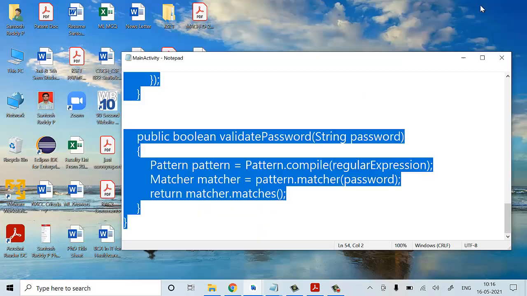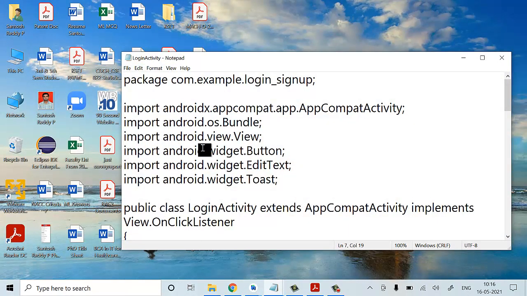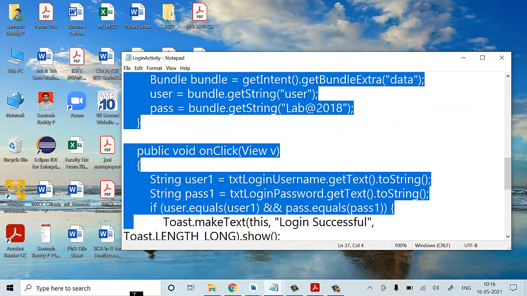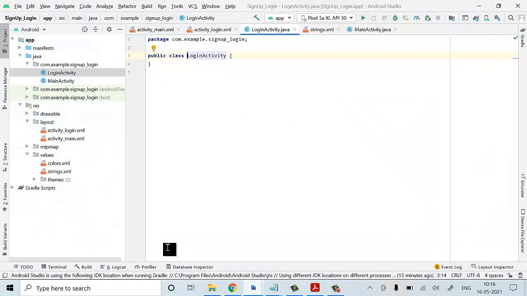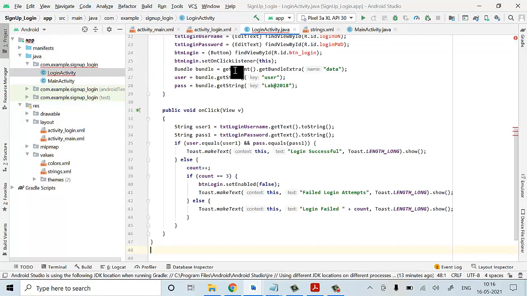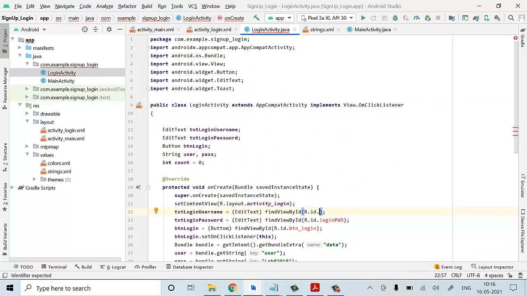So already I have written the code here. I'll take this code and explain it for you. Control X. I'll paste it in this particular class. So Control V. Now the same thing here, we have to extract the IDs of your text boxes for the login page.